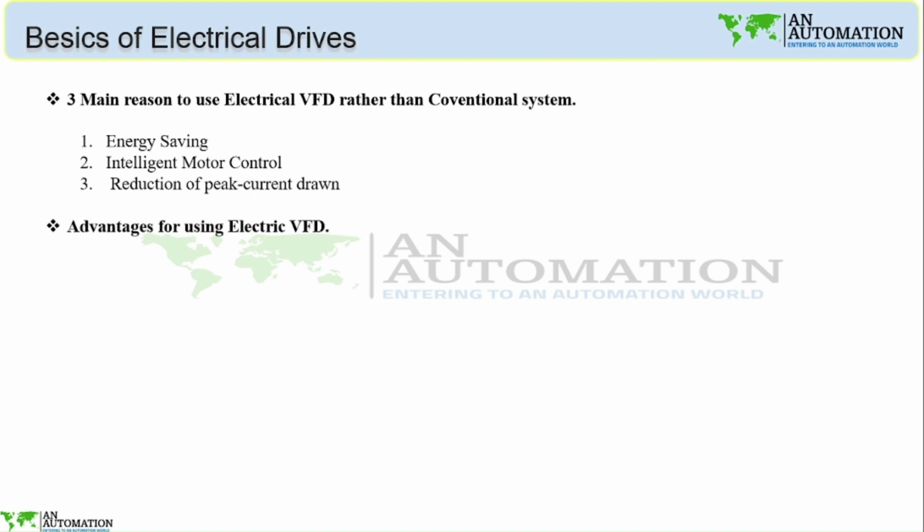Now the advantages of using an electrical VFD. The advantage of using an electrical VFD is saving energy and improving system efficiency. Convert the power in hybridization of application. This hybridization means actually we can use the power by